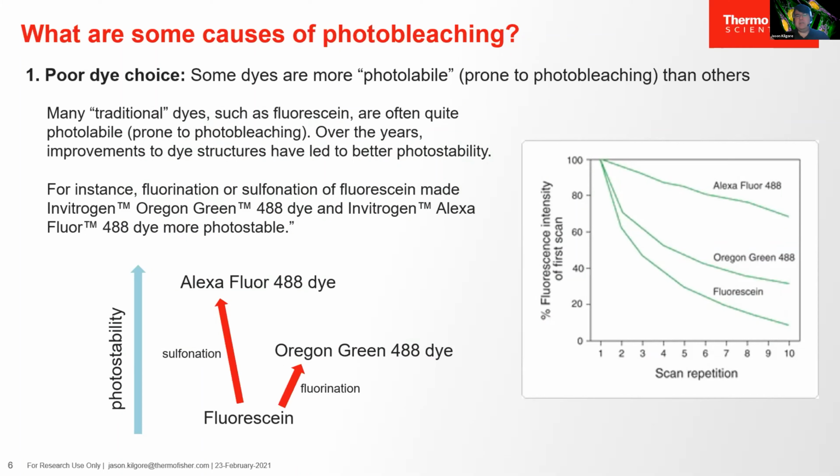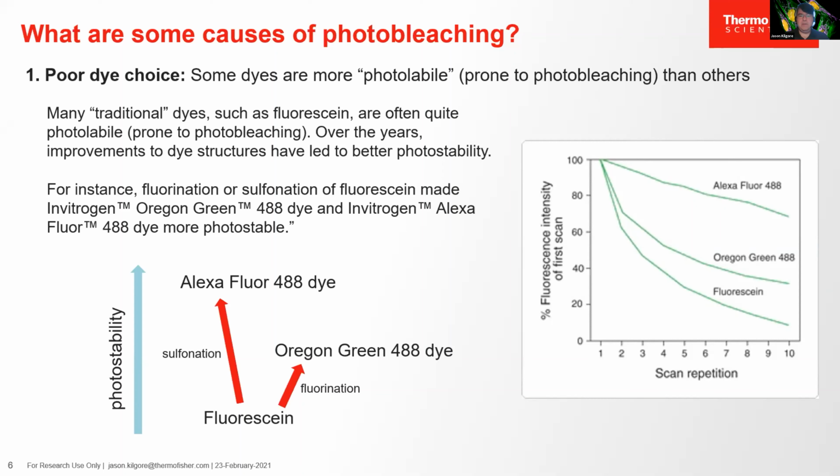So over the years, companies like Molecular Probes have developed better dye options with some of those factors that Arividas was talking about, right? With better quantum yield, better extinction coefficients to give you a brighter emission and a more efficient absorbance. But also changes have been made in the structures of these dyes to allow them to be more